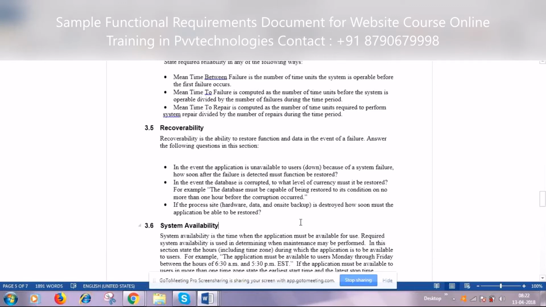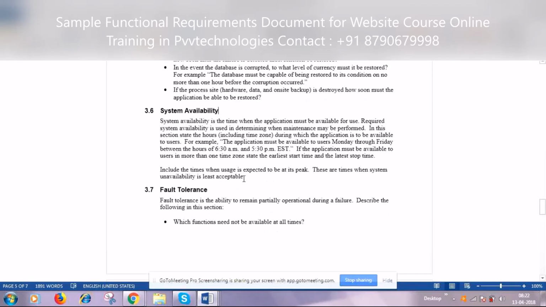Okay. Then the third thing is about the system availability. As I stated, the system is supposed to work round the clock for 24 hours, but you will have some routine maintenance every month on the 30th of every month. Say between night 12 a.m. to 3 a.m. I am going for routine maintenance, during which the system is not available. Say for a banking application, for example, this might be the case.